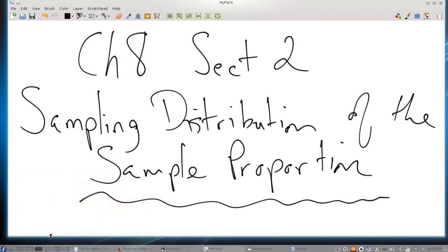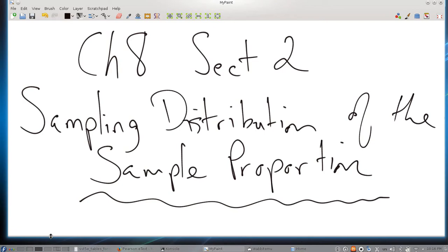If you remember, back in chapter 8, section 1, we examined the concept of the sampling distribution of the sample means. That is, we can get a close approximation of the population mean by collecting a set of samples, computing their means, and then adding all of the sample means and dividing by the number of samples to obtain what we call the mean of the sample means, which will ultimately describe the true population mean.